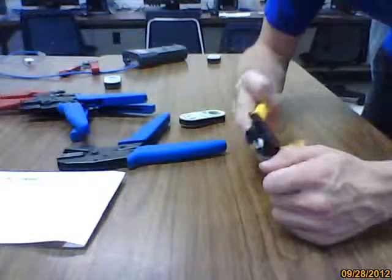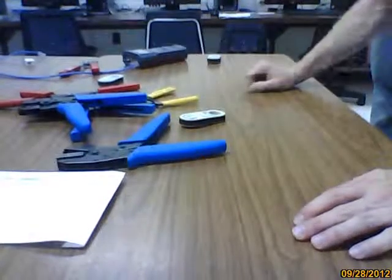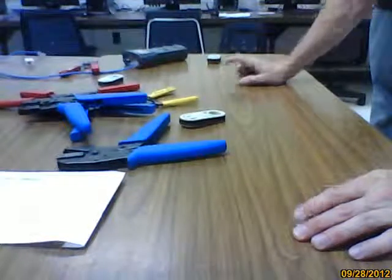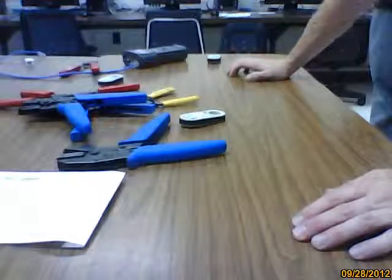We'll also need to trim, using the back of these or something, the little bit of leftover Kevlar, the little strand of Kevlar that's in the wire that keeps tension off the wires. So